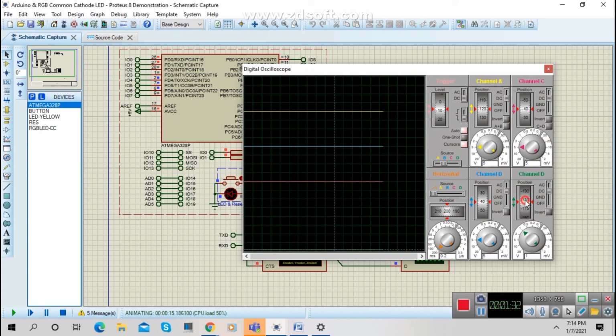This is the position. I can change the wave position, the green wave position, by shifting this. When I keep it at 180, the position is fixed. In this manner I've created this wave.